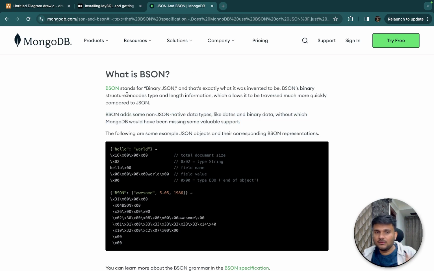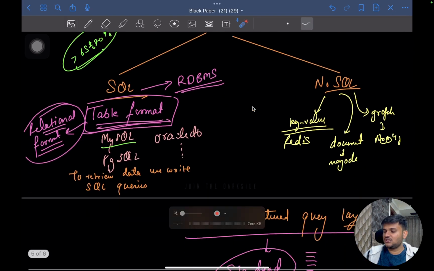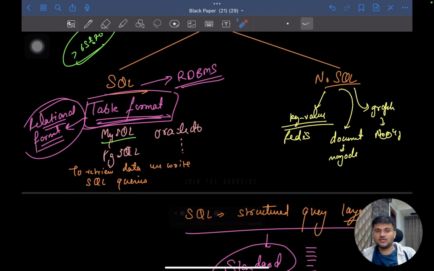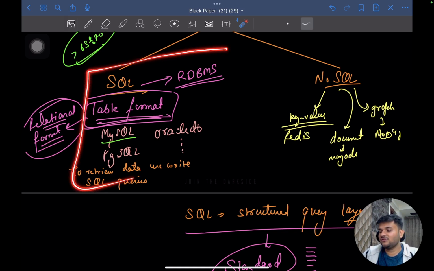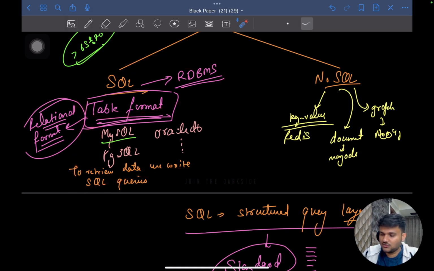So you can read about internals, how exactly data is stored in a particular database. How they store data shapes what support they give and for which kind of application they are very good. As I mentioned, whenever you see any kind of banking application, or whenever there is payment-related data in your application, you will find SQL very heavily used. Whereas if you have some unstructured data, for example, Amazon products,